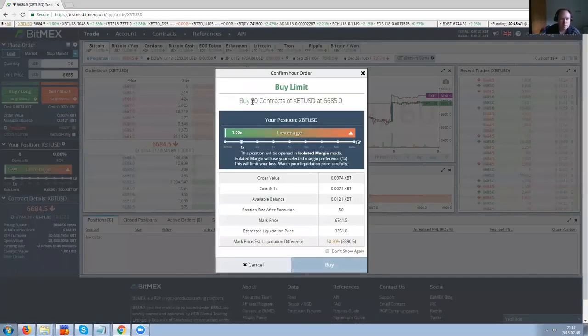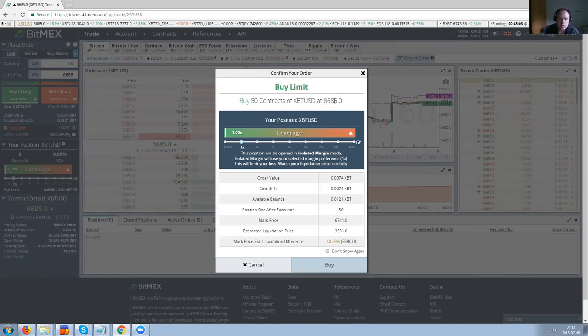buy, and then you come to buy 50 contracts of XBT USD at 66.85. It's gone down a little bit, so when I press the buy button here, it will execute immediately. Then you see the order value is 0.074 XBT, and I have available 0.0121. Available balance, I have actually more, so I could buy more than 50 USD if I wanted to. At the market price,